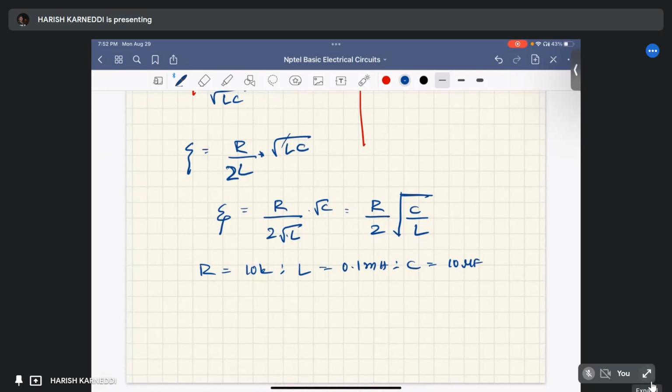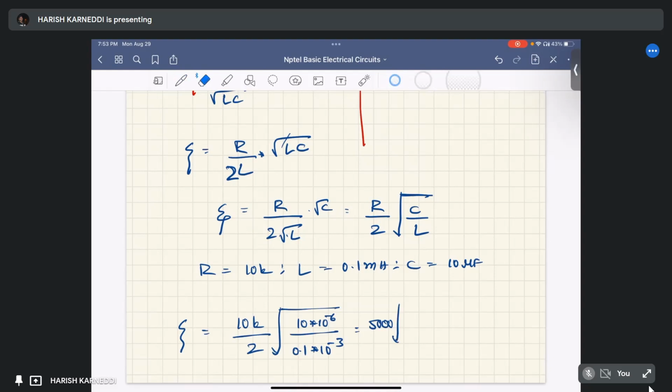So zeta equals R by 2, that is 10 kilo ohm by 2, into square root of C by L. C equals 10 into 10 power minus 6, and L equals 0.1 milli, which is 0.1 into 10 power minus 3. The value will be 10,000 by 2, which is 5,000 into